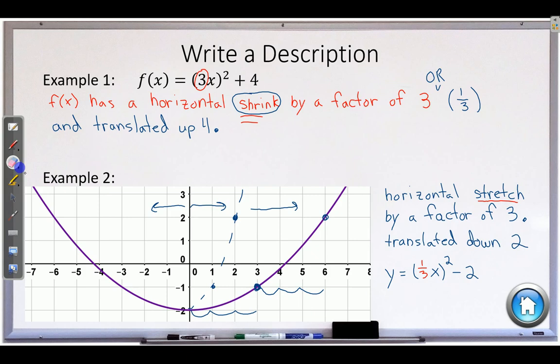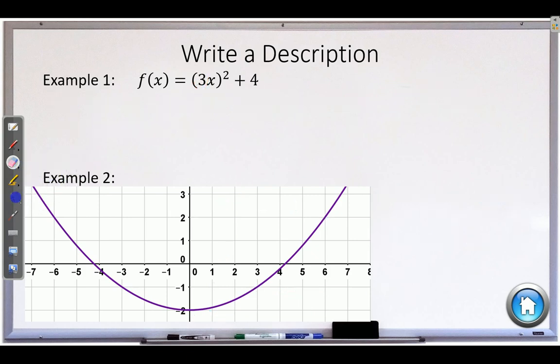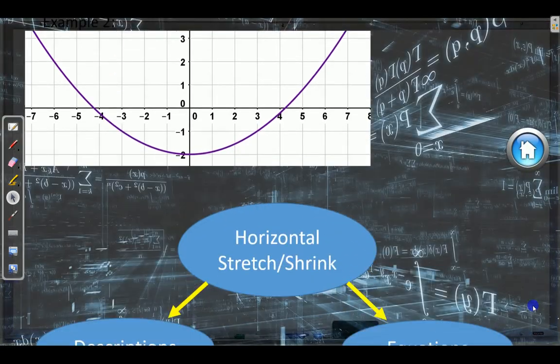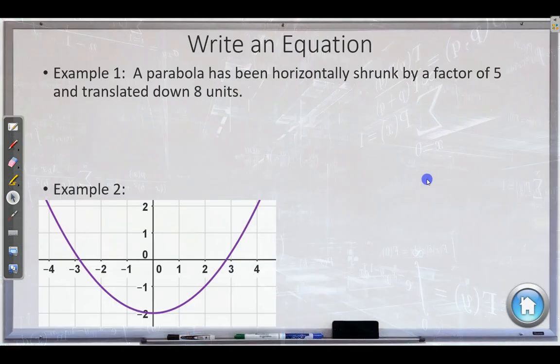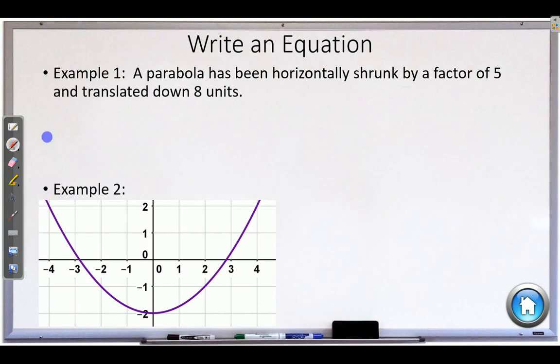All right. One more set of examples here for us. We were working with descriptions. We're now going to work with some more equations. That fraction thing is kind of difficult, so let's take a look at that and do that just a little bit more and practice writing an equation. So a parabola has been horizontally shrunk, I guess that's a word, by a factor of 5 and translated down 8. So y equals,